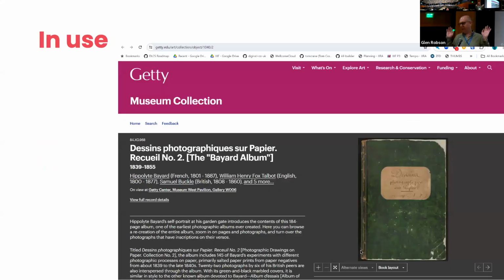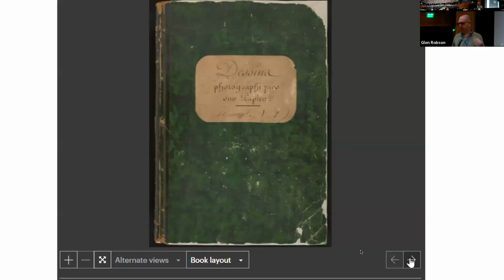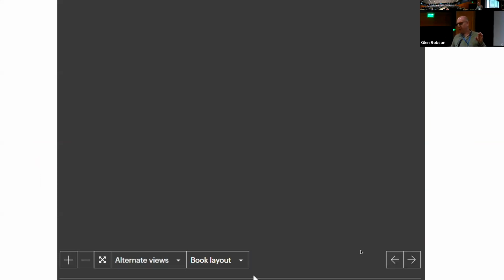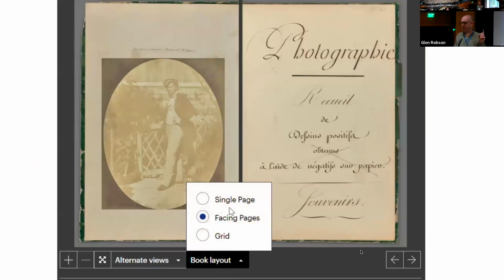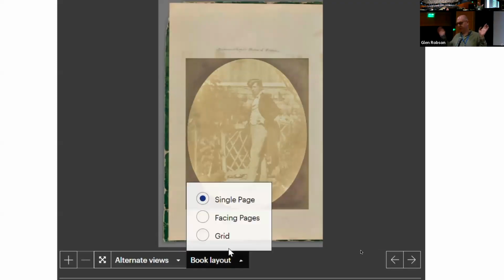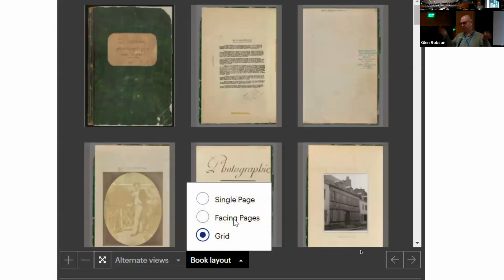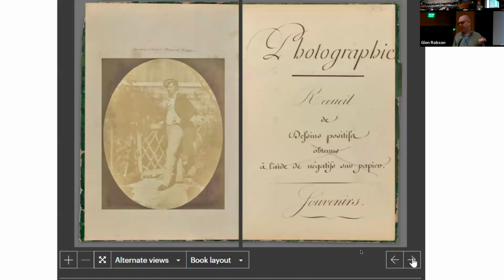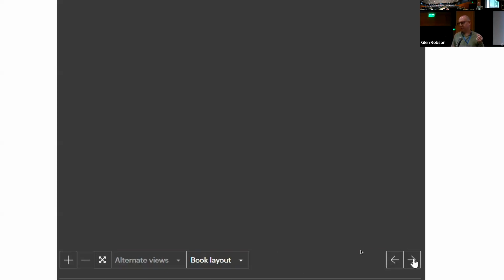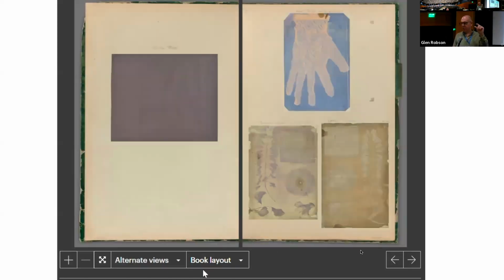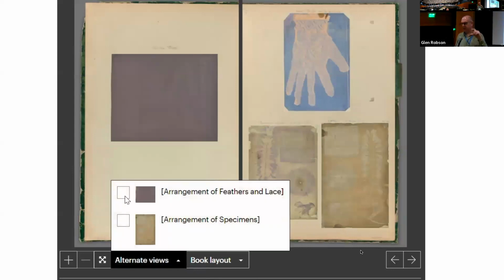This is all very well, but is this actually being used? Yes, the Canvas panel is financed by the Getty, and here it is being used at the Getty. On these museum collection pages, the viewer is entirely built with Canvas panel, and it's making use of the fact that on some of these images, so here is just a typical viewer layout, again all driven by Canvas panel, but on some of these pages there are alternative views because there are choice elements on some of the image painting annotations,